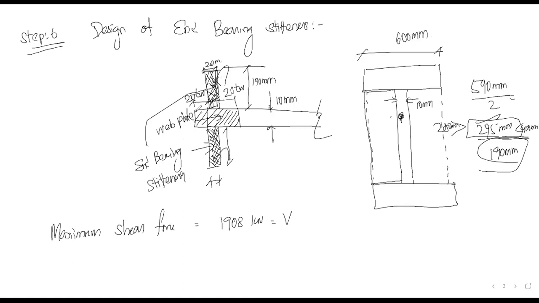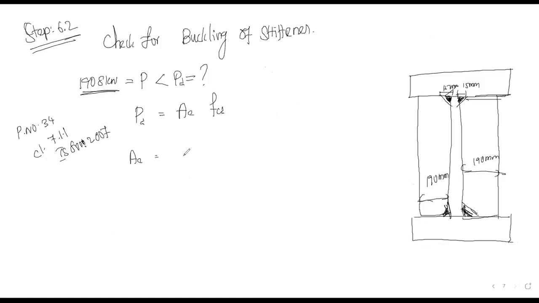Along with that we can have the welded plate area, that is 20 into TW, the web plate thickness. So this is also 2 times. Now let us go to calculation of net effective area. The effective area is nothing but 2 into 190 into 20 mm. This is with respect to our stiffener plate. And with respect to the web, 2 into 20 times the thickness of web, multiplied with the thickness of web.